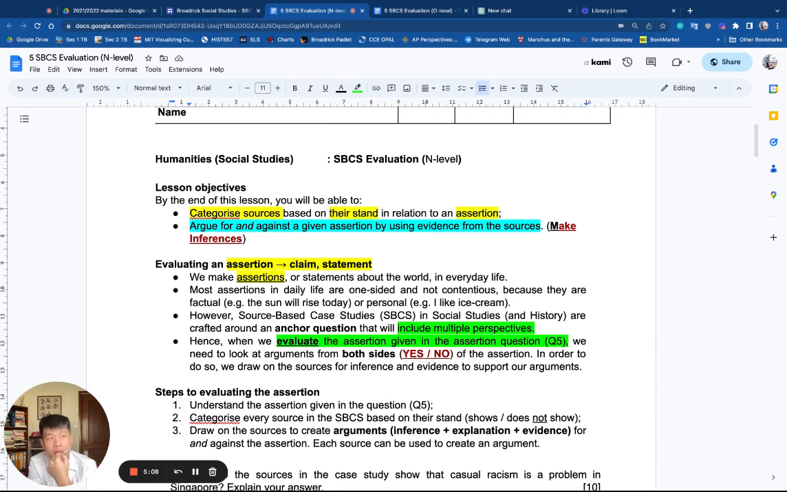This is a bit theoretical. Let me give you an example of an assertion I could give at a national exam. Suppose the assertion is Singapore's healthcare system works perfectly well. Singapore's healthcare system works perfectly well. That could be an assertion. You could imagine a set of 5 or 6 sources talking about the Singapore healthcare system and people's experience of the Singapore healthcare system. Suppose source A